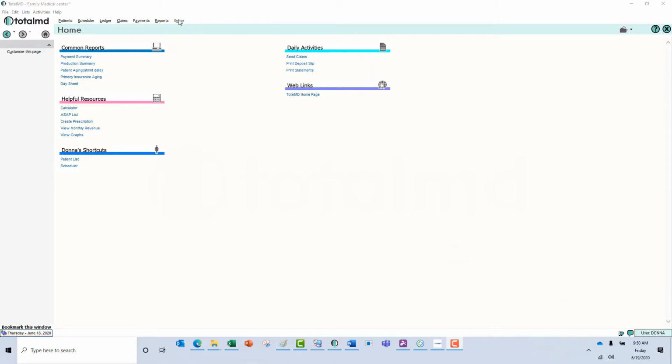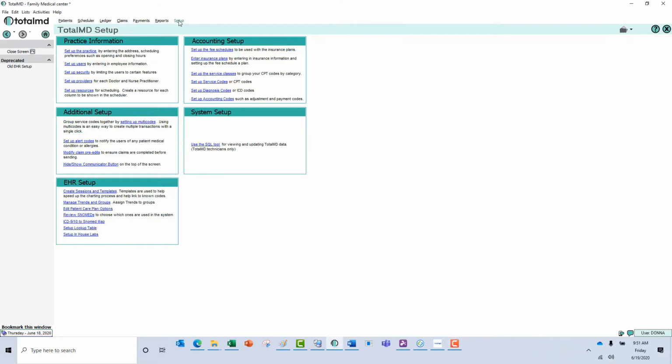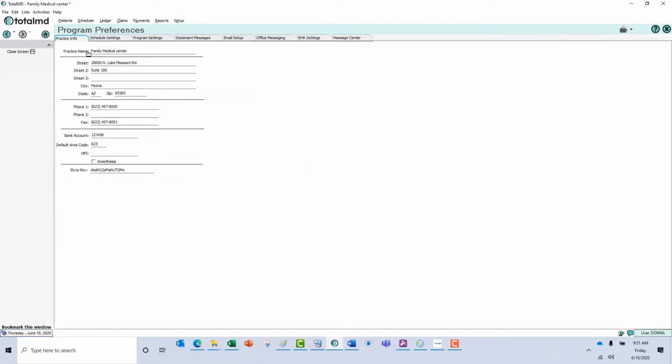From the home screen, all setup is done under Setup at the top. Today we're going to go under Practice Information and set up the practice. The first tab you'll see sets up the actual practice information in the system. You'll put in your practice name or the provider's name if it's a single practitioner. The street address, if you have a suite number, that goes on line 2, your city, state, zip, your telephone